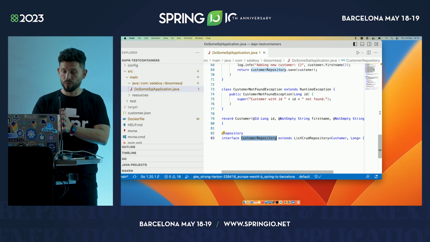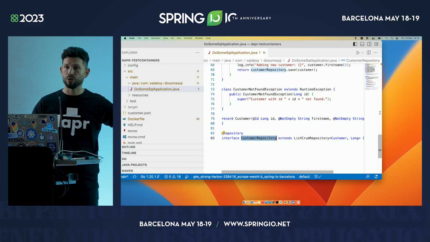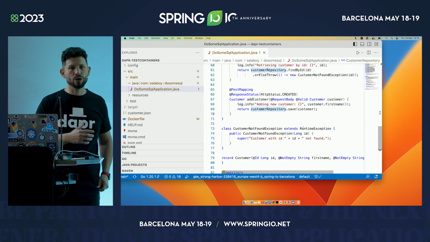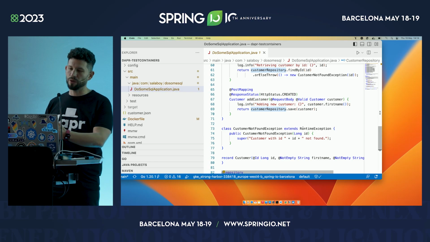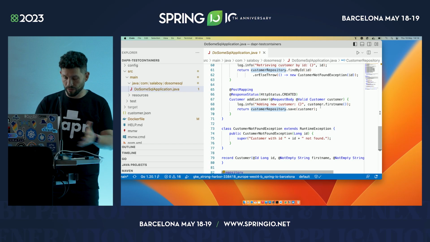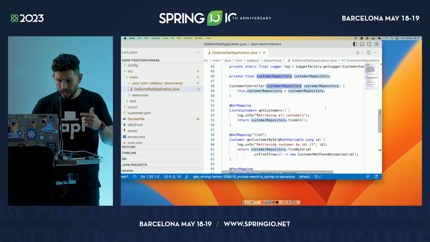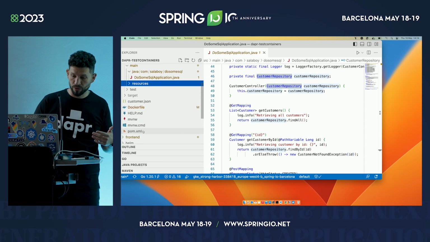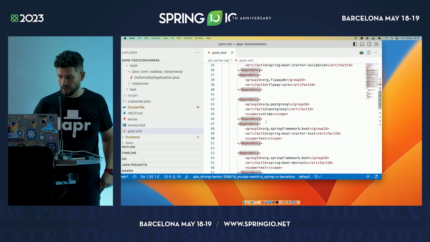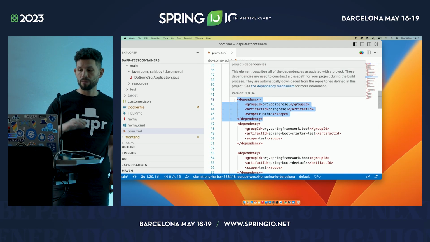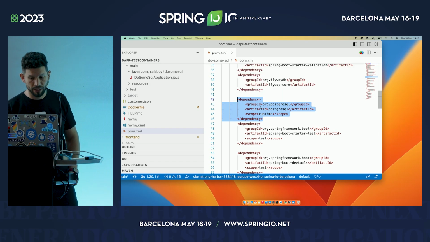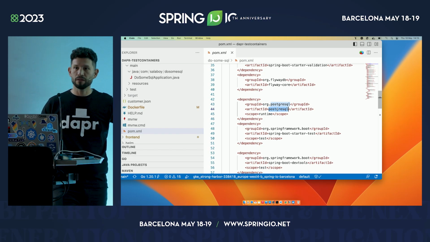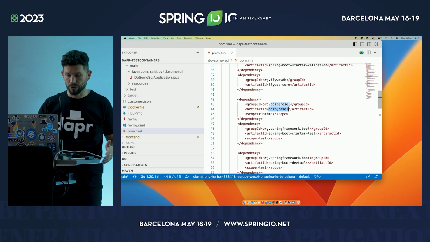So we created this application. We don't actually need to write SQL to get data or write data into the database. That's pretty cool. There are some other projects in the Go community, for example, or even in the Node community, that will do something like this. Spring Boot is pretty advanced in the amount of stuff that it's doing. And the thing I wanted to mention here is, as I mentioned before, we needed to include the driver for PostgreSQL, so we need to make sure that we have that runtime dependency. So we are including a PostgreSQL client in our application, and this client needs to be compatible with the version of PostgreSQL that we're running in different environments. That's important.